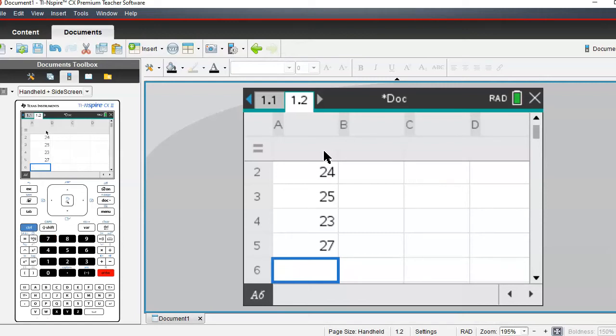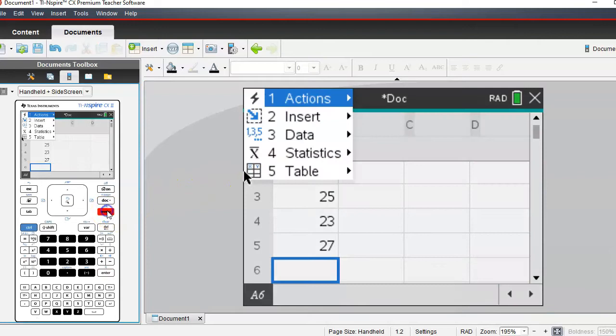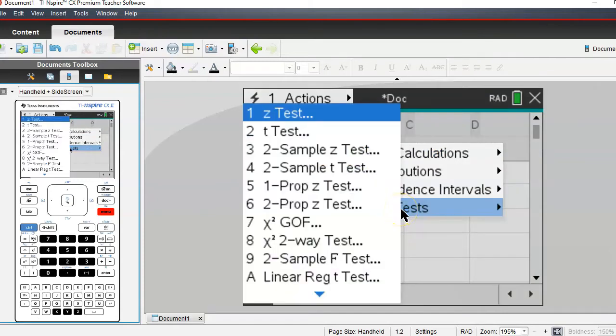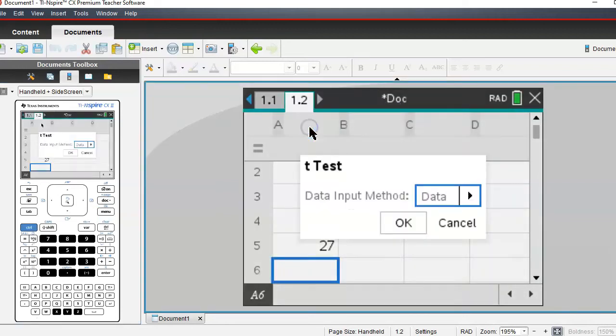What I'm going to do is this. Again, everything fun and exciting is in the menu. We are still talking about statistics. We want to do a test, all right, stat test, but choose wisely, okay? We did a z-test last time because we knew sigma. You have to say, I don't know sigma this time. I need to go with a t-test instead. And because we actually have data, I'm going to leave this as data instead of statistics